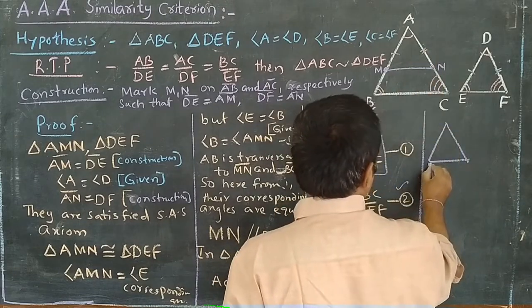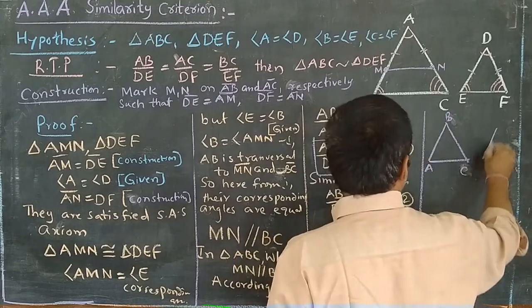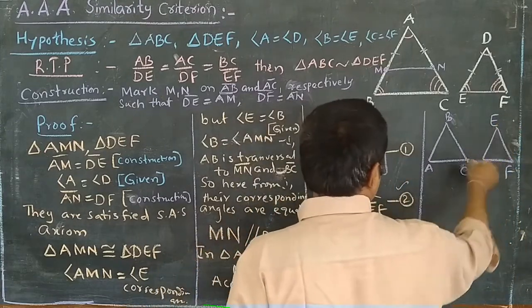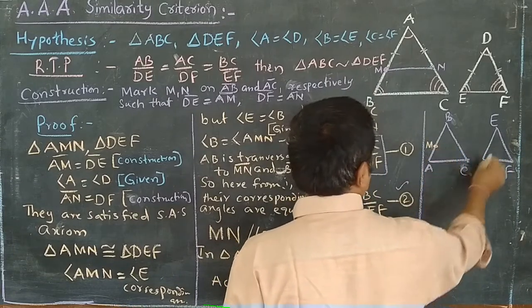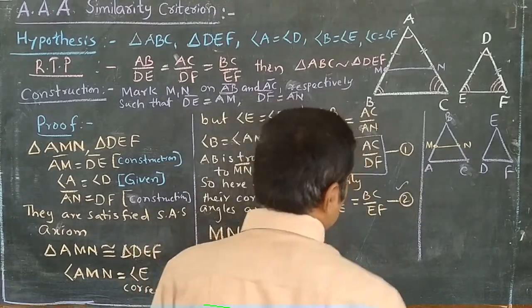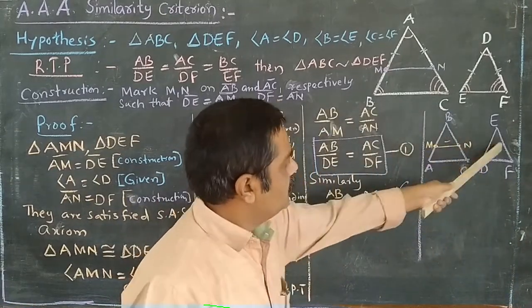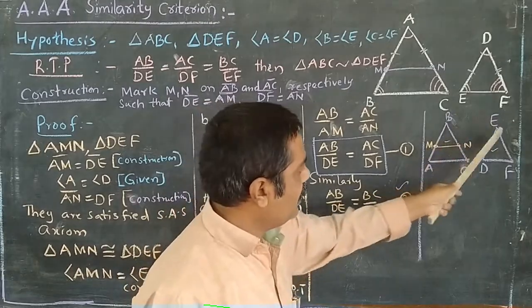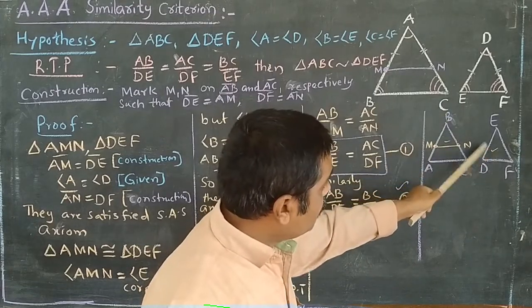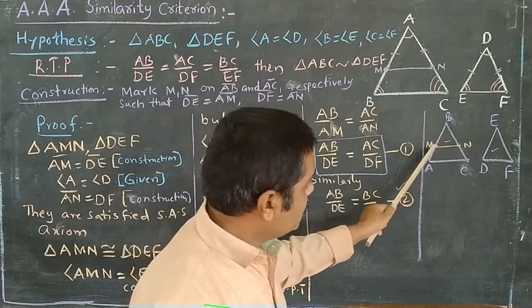Instead of ABC, I am taking it like this, A, B, C. In the same way you take this as D, E, F. And take the construction. Say ED length is equal to, for example, N, and EF length is equal to take N. Okay, I constructed like that. When you check, say how we did like that only. You check these two triangles. These two triangles are congruent. One side equal to side, angle equal to angle, side equal to side. So that we can write corresponding angles are equal. D is equal to M, but D is equal to A already. So these two angles are equal. So this is parallel to this line.